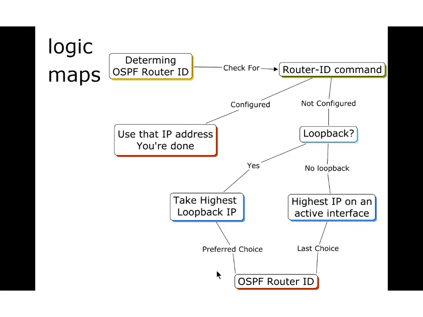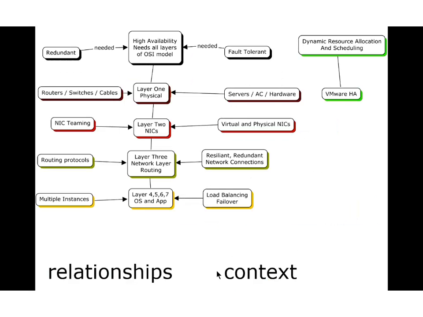Question? Does it actually develop itself incrementally, or does it show up all at once? No, you double click and you make a new box. So you're building, and you double click and make a new box, and you just drag to make a connection. You're building it to the lecture. Yeah, building it as I talk. So I'm talking about, well, how are we going to determine router ID? Well, first you've got to see, is the router ID command configured, yes or no? And then next. So very, very cool stuff. That's all CMAP.